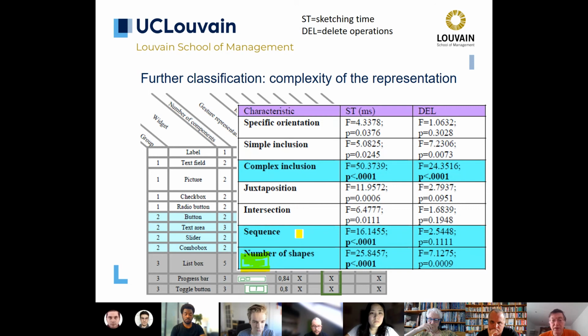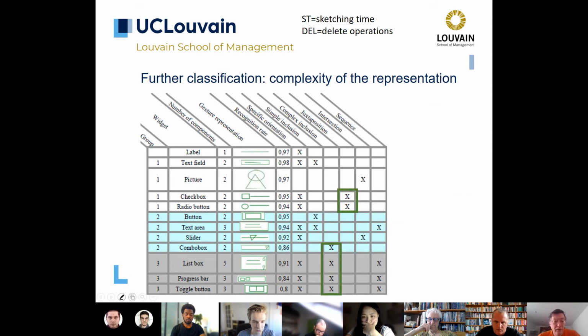So as we can see here, there are 3 things that impact the recognition, but also the overall complexity. First, how many inclusions, whether there is a sequence between objects, and also the amount of shapes, not surprisingly. The more shapes that I have, the more time I need to produce them, but also the more errors I may make. For the other ones, like tiling things or overlapping things, or even simple inclusion or orientation, we didn't find any correlation, which means that